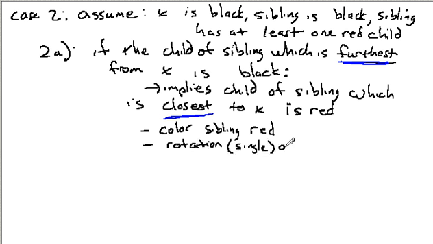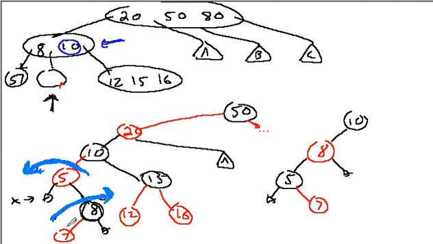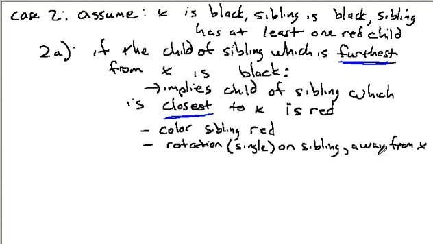on the sibling away from X. So if X is to your left, as it is in our example, you do a rotation to the right. You're pushing things away from X. If X had been on the other side, if this had been X, you'd be doing a rotation to the left, away from X. So do a rotation away from X,